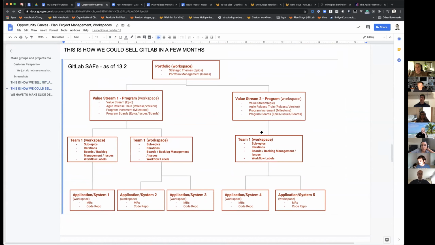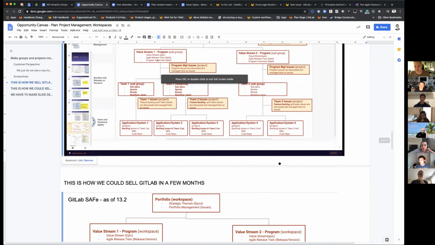So I think there's so much diversity in how teams structure and organize themselves that for us to say you have to do it this way, like it's on the screen, would be wrong, because you might also have the case where you have this team one, that's all it is, and it has a bunch of services underneath it, right? Or who knows what they are. But at the end of the day, this is what we want to be able to sell, because this is currently what we show.